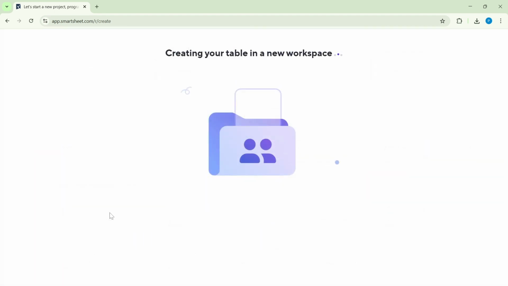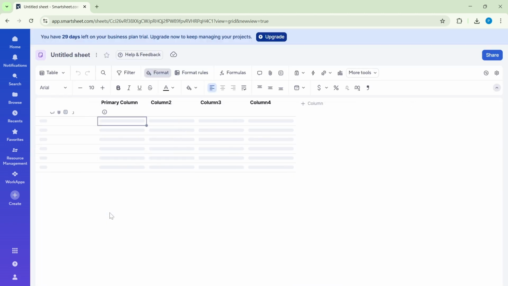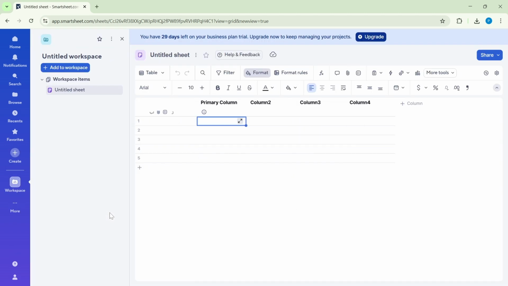Click Table. Smartsheet will generate a new workspace and add a table sheet inside it. This gives you a clean, organized grid that's ideal for listing tasks, tracking items, or building a simple database of information. You'll notice columns and rows ready for your structure, and you can build on this foundation as your needs